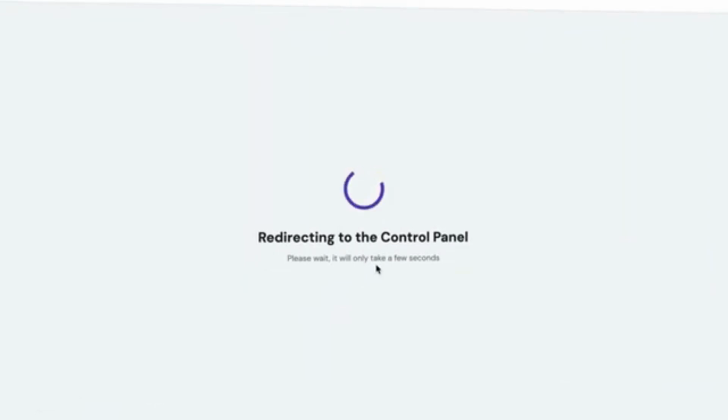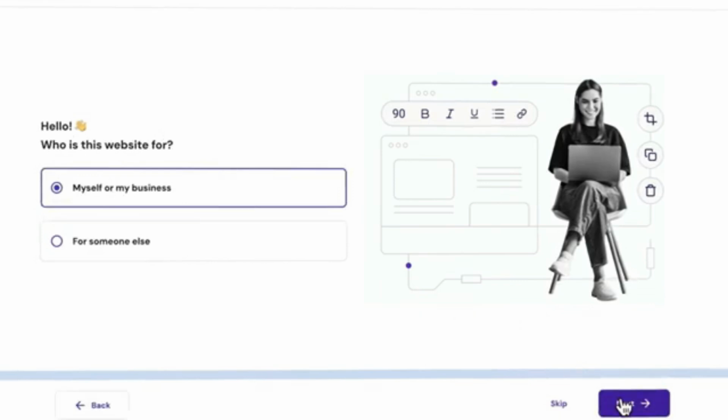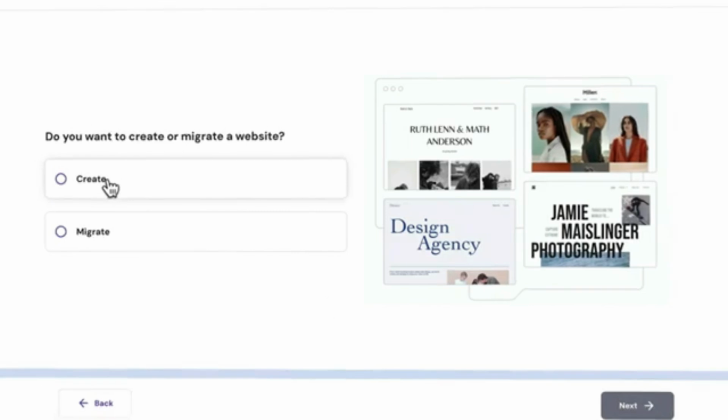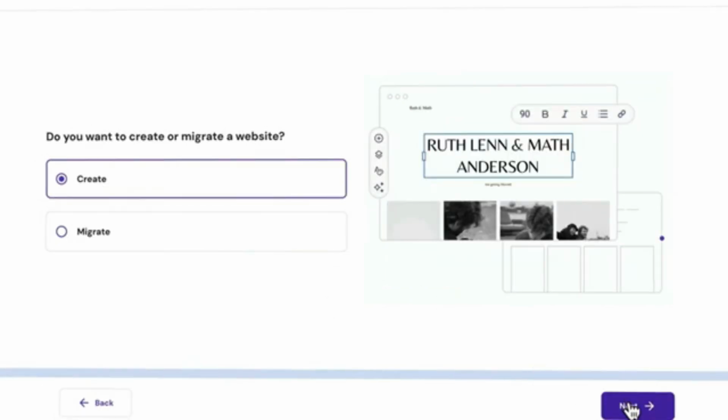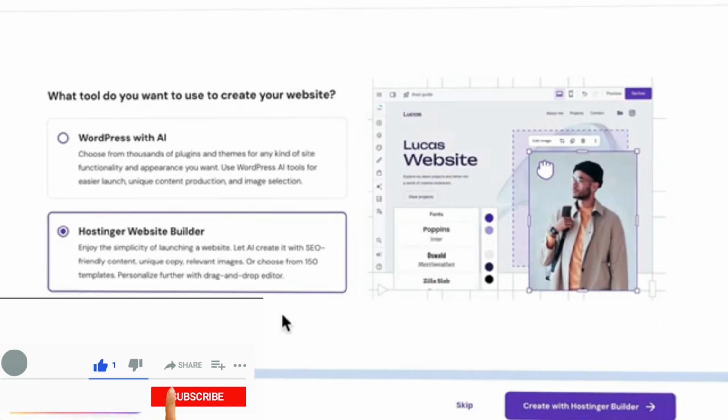So who is the website for? Is it my business or for someone else? Definitely my business, because this is a sample website that you create or you migrate. If you previously have a website you need to migrate, you can go ahead and click migrate. So we have two options here too: WordPress with AI, HostGinger website builder, which is the option we will be